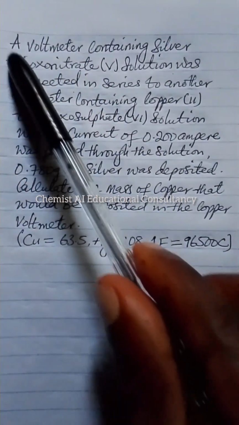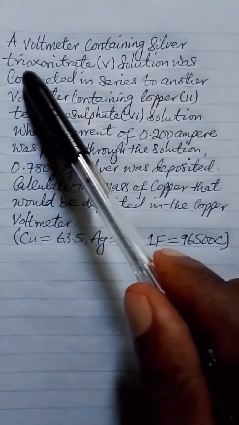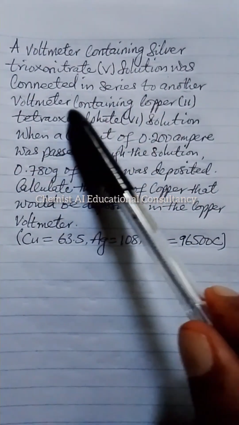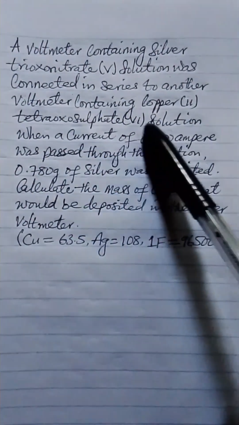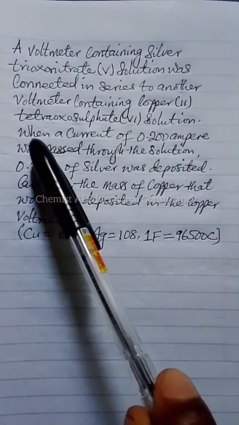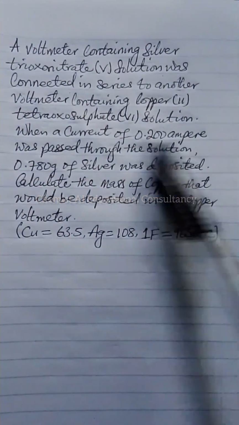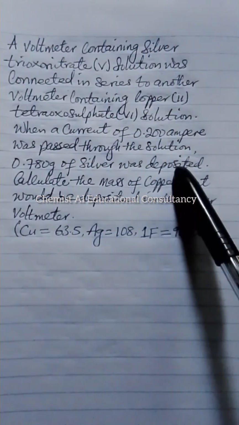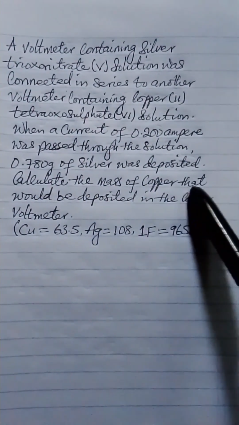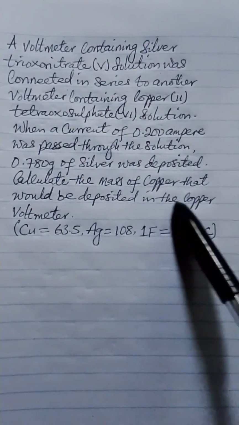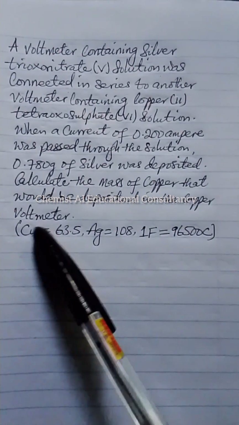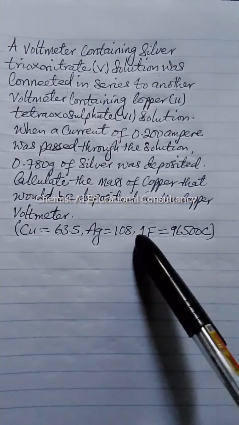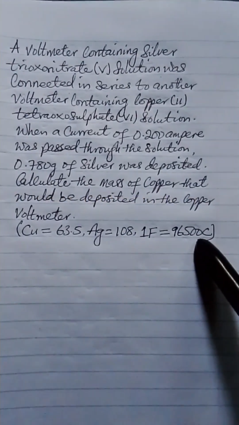The question says, a voltmeter containing silver trioxonitrate(V) solution was connected in series to another voltmeter containing copper(II) tetraoxosulfate(VI) solution. When a current of 0.200 ampere was passed through the solution, 0.780 gram of silver was deposited. Calculate the mass of copper that will be deposited in the copper voltmeter. Take the atomic mass of copper to be 63.5, that of silver to be 108, and 1 Faraday as 96,500